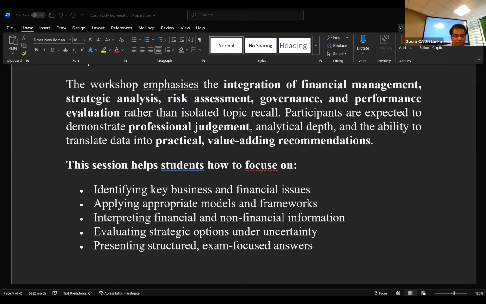You can see on my screen that the formula is standard for free cash flow to the firm: earnings before interest and tax, then you deduct tax, add depreciation, subtract capital expenditure, and make net working capital adjustments. This is the free cash flow to the firm. It is independent of capital structure, used with WACC, and suitable for enterprise value.